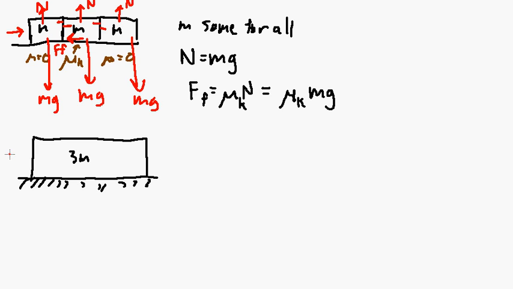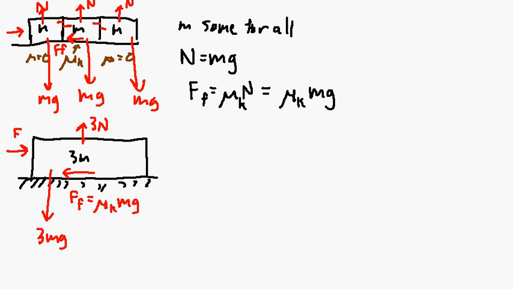Okay? You've got an applied force F from the right. You've got some friction force here, which is just mu k times mg, because you only get friction from this one block, and it's one normal force. It's 1 kilogram worth of normal force, or 1 m worth of normal force. You have, of course, normal force there, which is going to be 3 times this n we've defined. You've got a weight of 3 mg,